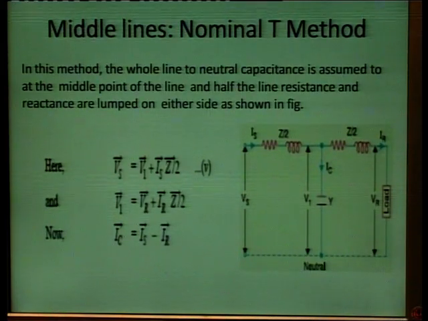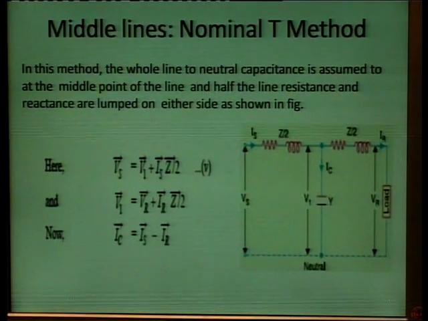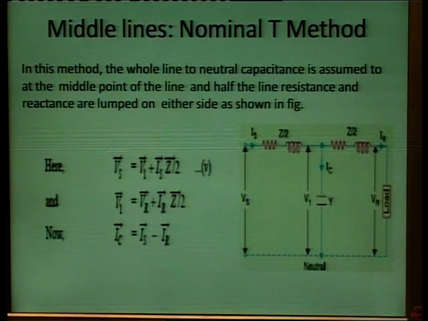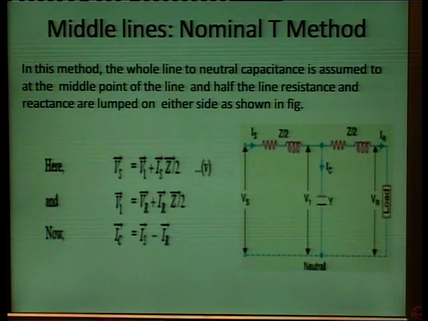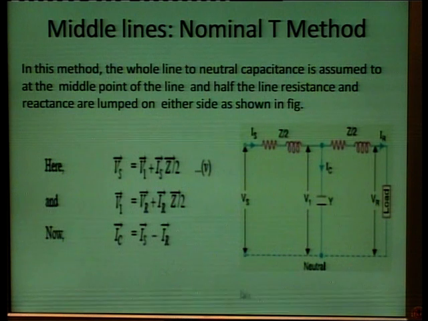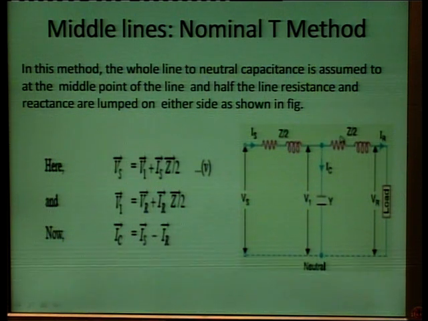Now next is the modeling of the medium lines. In case of medium lines, we can use two methods. One is the nominal T method and second is the nominal pi method. The difference between the two is, in case of the nominal T method, we will be considering the shunt admittance part as a lumped part and it will be connected across the middle of the line. Half of the series impedance will be connected before the shunt admittance part and half will be connected after the shunt admittance part. But in case of pi circuits,